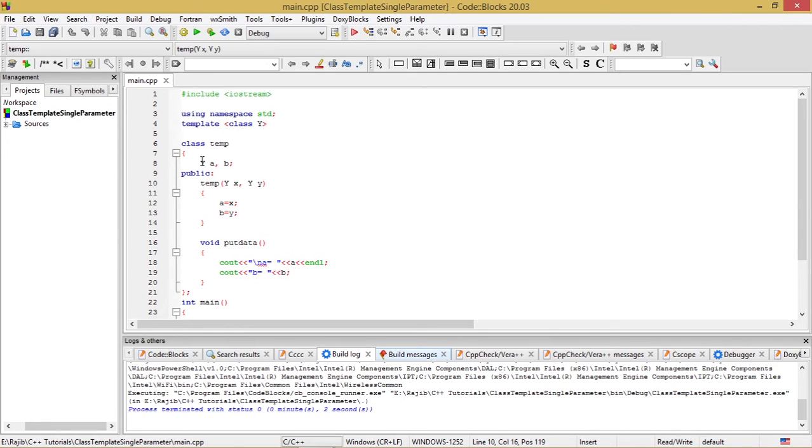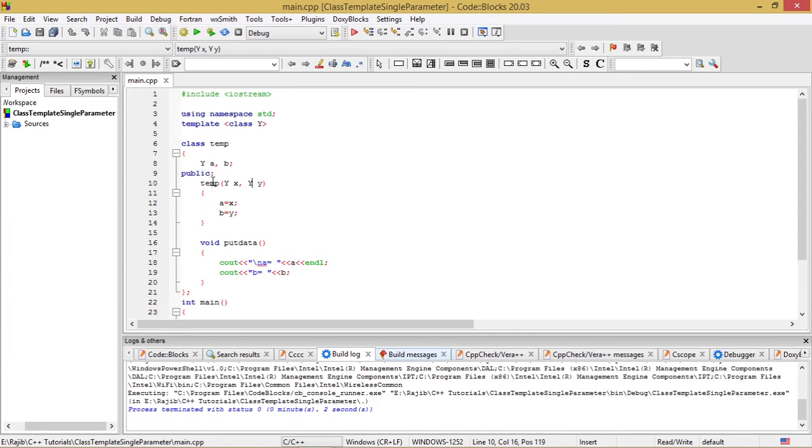As per our requirement, we can use this Y in different situations to act in a different manner. That is, Y can take the shape of any data type: it can take integer, float, or double. In this way, Y is a generic data type.